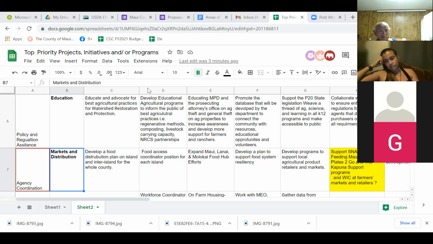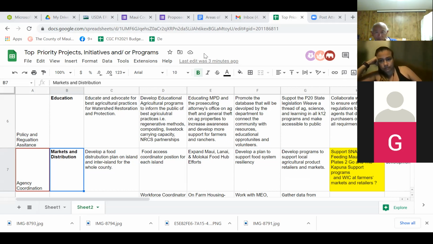Grow Some Good is looking into how to support a network of community gardens in the future, so there will be future spaces for those important discussions. That's something the community, those programs and organizations can focus on, supporting those different efforts. All right, anything else with education, or can we move to markets and distribution?